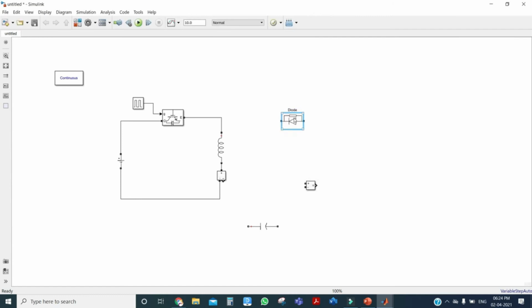The diode should be like this. And the capacitor also, just connect as per the circuit diagram.